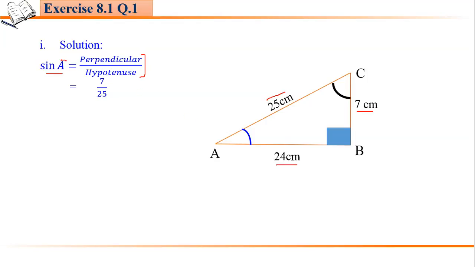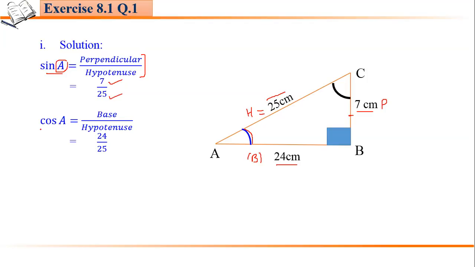Now we have to consider this angle A. If we are considering this angle A, then the side opposite to this angle will be the perpendicular. This is the perpendicular for angle A. If we consider angle A, then this BC side becomes our perpendicular. This is our hypotenuse because it is opposite to 90 degrees, the longest side, so the hypotenuse is fixed. This one, which is the other side, becomes the base. So now we have to put in the values: in place of perpendicular comes 7 and hypotenuse is 25. So sine A is equal to 7 upon 25.